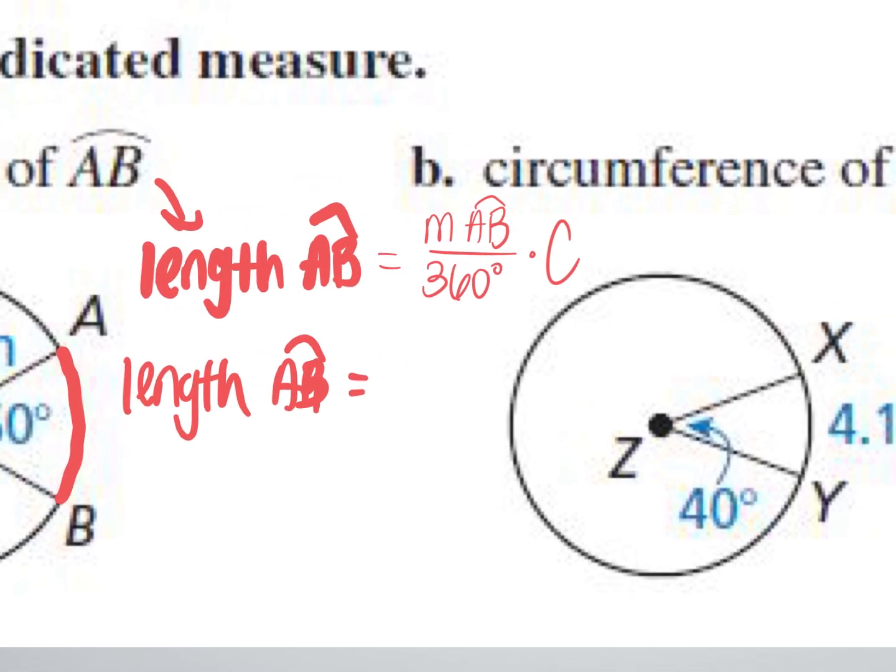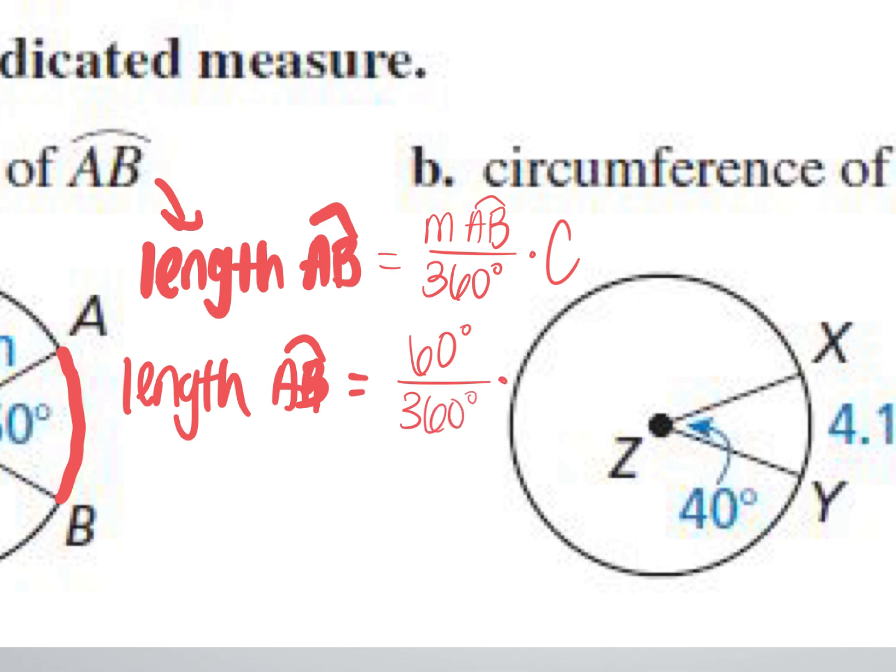That's not the measure of the arc. That's the measure of the angle APB. Why would these have to be the same? Because it's coming from the center. What would you say? It's a central angle. Thank you, German. Okay? It is a central angle. So it must also be 60 degrees here. So it's 60 over 360